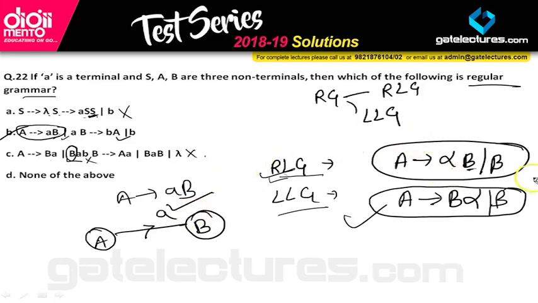So always remember how a regular grammar should look, and always remember right linear grammar and left linear grammar: one of these two must be present, but not both. Uniquely they should be present, but not both. A grammar cannot be both right linear and left linear. It should be either right linear or left linear. So only B satisfies those properties, so B is the right answer here.